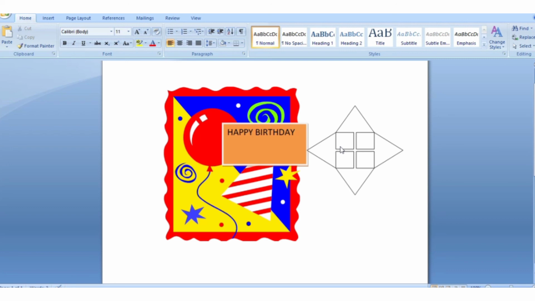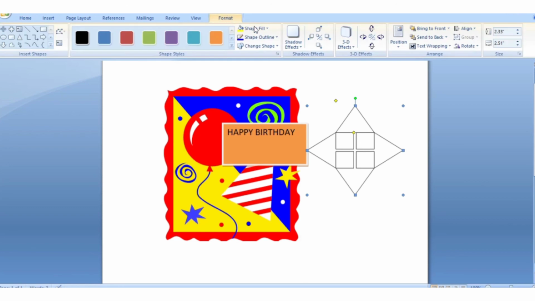You can see here I have added one shape, and now we will learn how to add color in the shape. Okay, again we will go to the format tab.